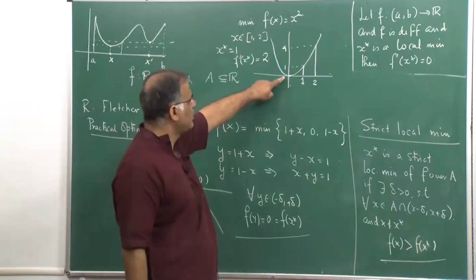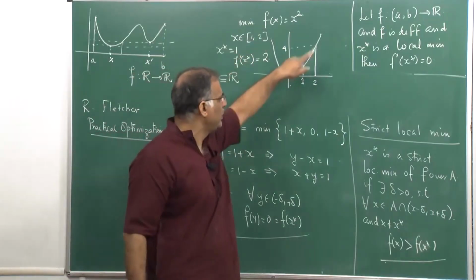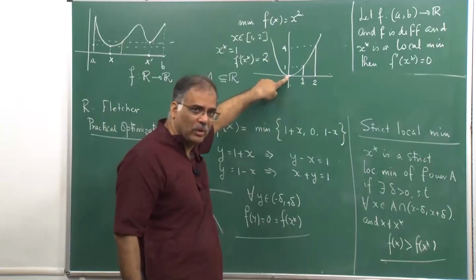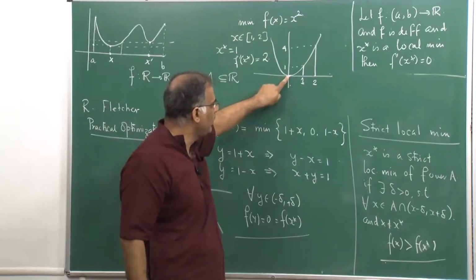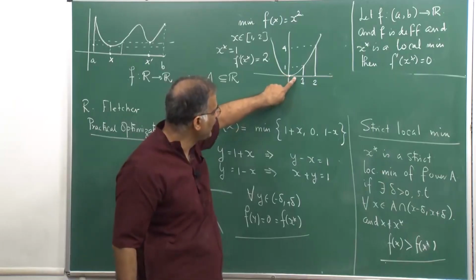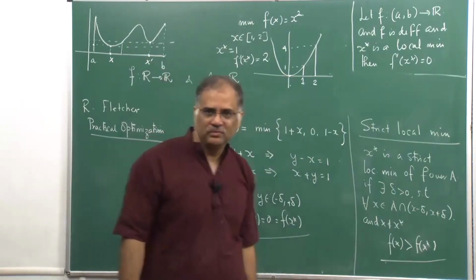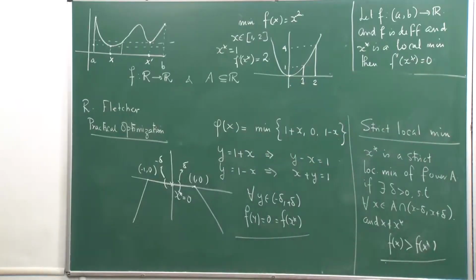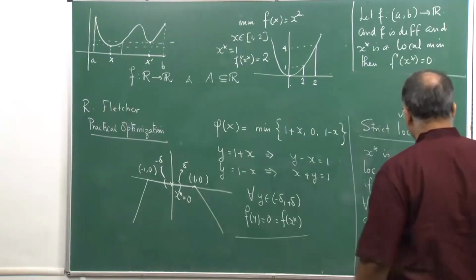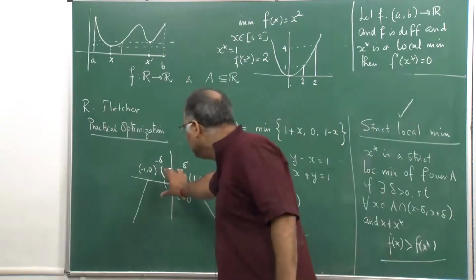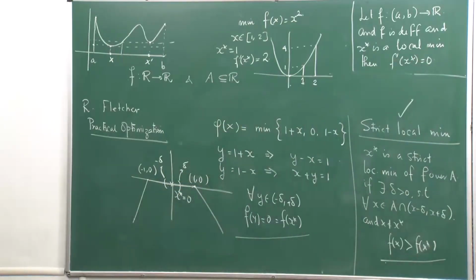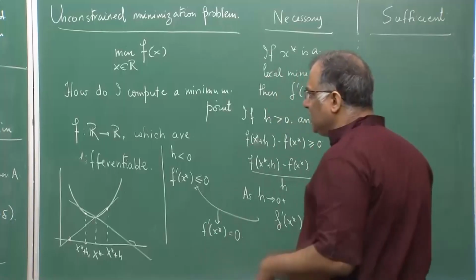For example, if you take x equal to 0 for y equal to x square, this is a strict global minima in fact, because if you go to any point on the right side or left side, the function value is strictly positive. There is no other point on R for which x square is 0 other than 0. So, 0 is a strict local minima. The strict local minima is something important that takes these very strange looking points out of your discussion. Now, once I have got f dash x equal to 0, that does not immediately tell me